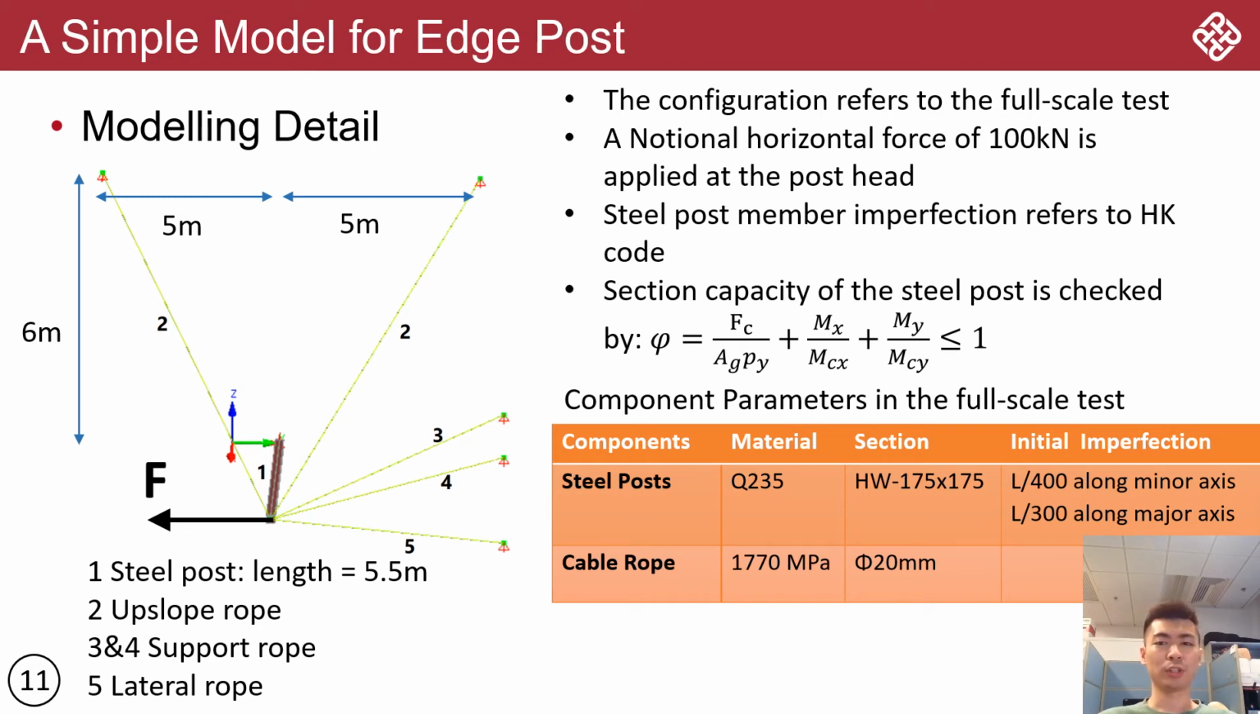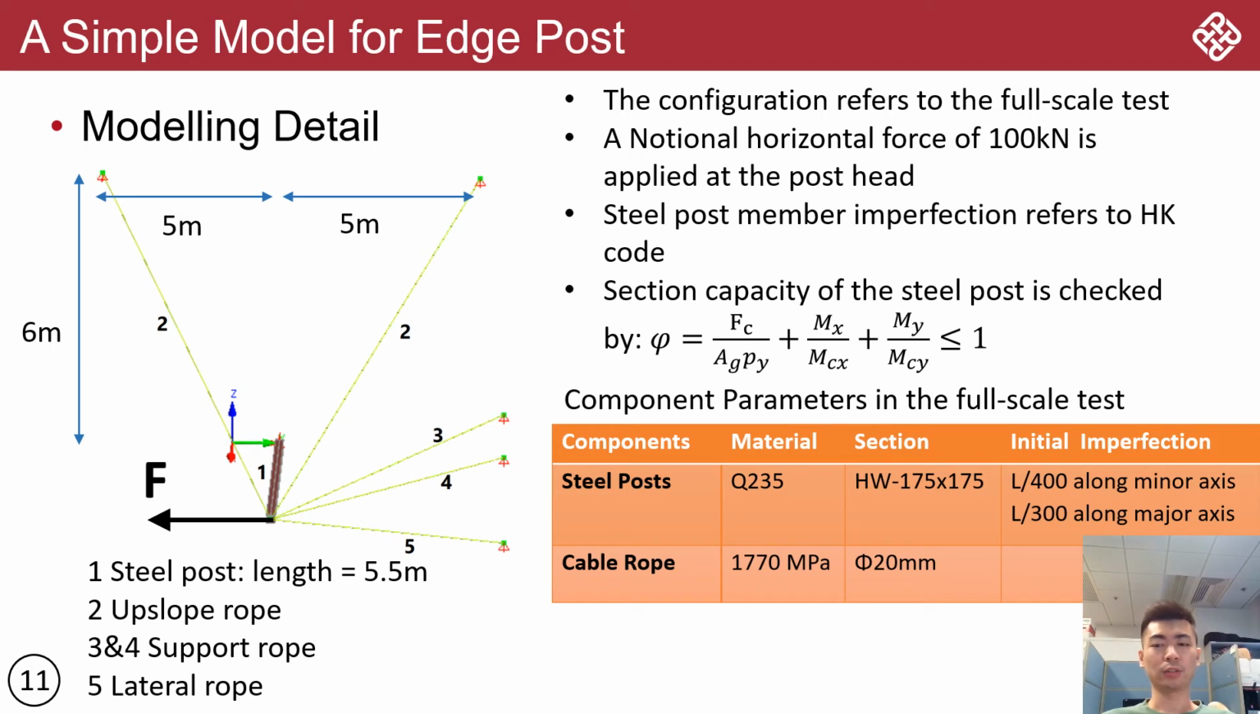The configuration refers to the full-scale test, and the steel post is with a length of 5.5 meters, and a notional horizontal force of 100 kilonewton is applied at the post head. This is a force to represent the cable that is connected to this post head, and to simulate the effect during the impact process. And the steel post member initial imperfection refers to the Hong Kong code,